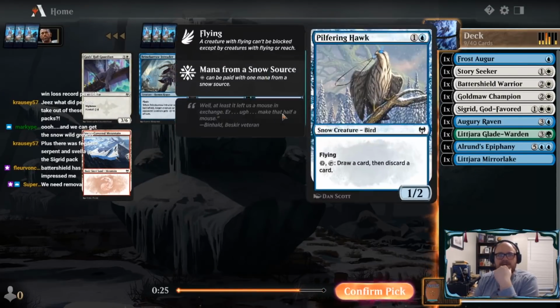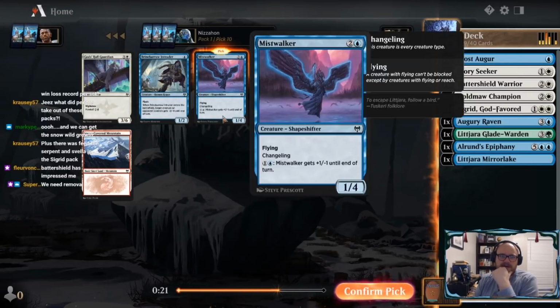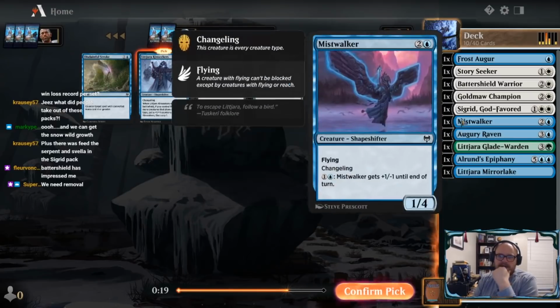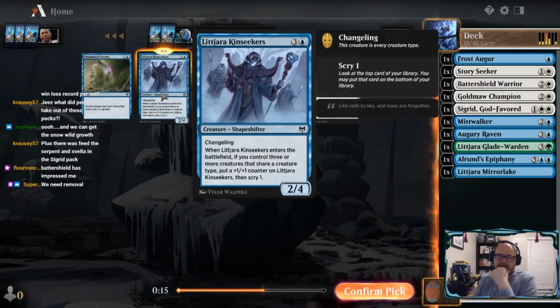Okay, so I think I like Mistwalker a little more than Pilfering Hawk, especially given our snow situation right now. Yeah, that's what we'll take here. Yeah, we'll take a Kinseekers. We do kind of need to end up with some critical masses of various creature types, but...